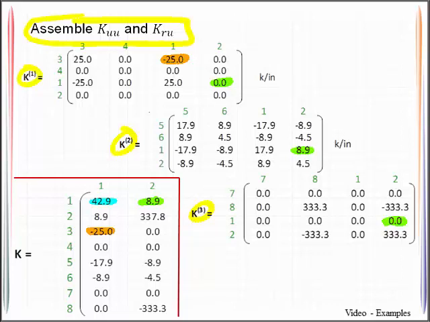So that comes up to be 42.9. I would take the K11 term there, plus the K11 term there, plus the K11 term there, and that would produce the 42.9. And you do that for all the terms in the stiffness matrices, remembering that we still have this partition that is coming in here